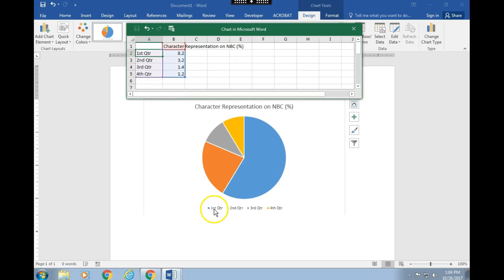Right? And so these numbers down here, right? First quarter, second quarter, third quarter. So this is where you're going to enter in your racial demographics, right? So you're going to change first quarter to, let's say, white, let's see, black, African American, Asian there,